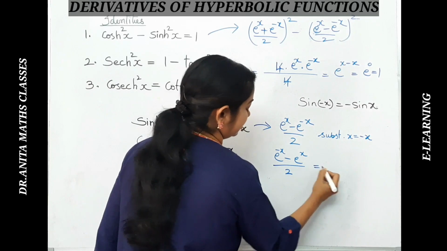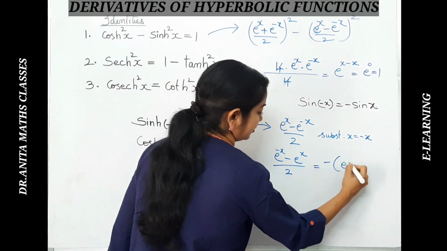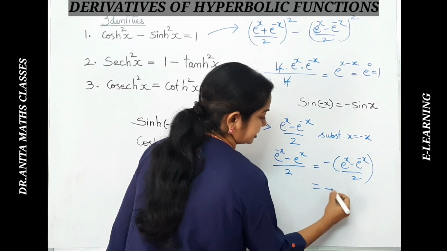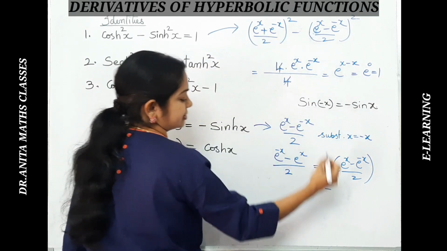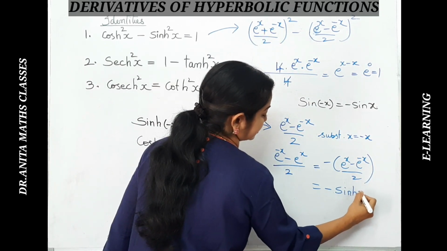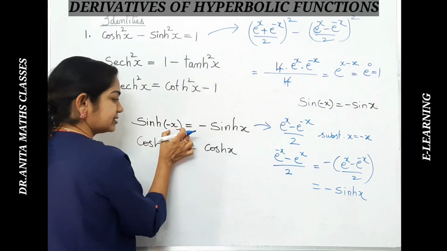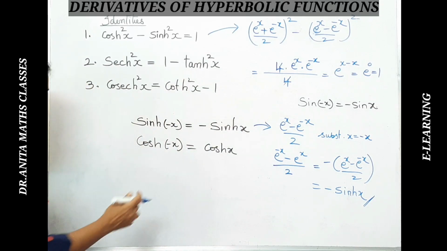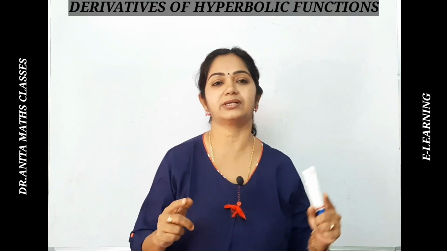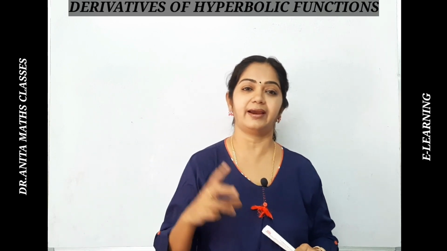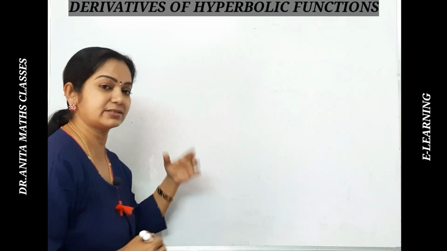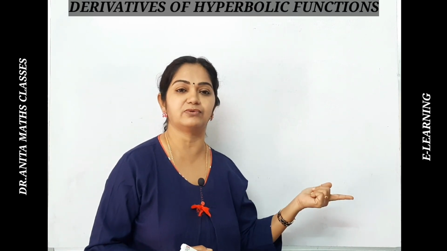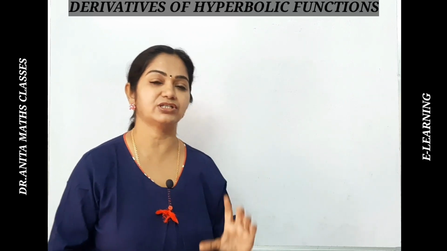So here if you interchange this, minus comes out: e to the power of x minus e raised to the power of minus x by 2. So this is minus, and the rest is nothing but the same thing, that is sinh of x. So we have sinh of minus x is equal to minus sinh x. Hence proved. Likewise, we can prove the second function also. Please make a note. Today we learned what the hyperbolic functions are and their identities and their functions also. That is sinh of minus x is equal to minus sinh of x, and cosh of minus x is equal to cosh of x. All these functions we know.